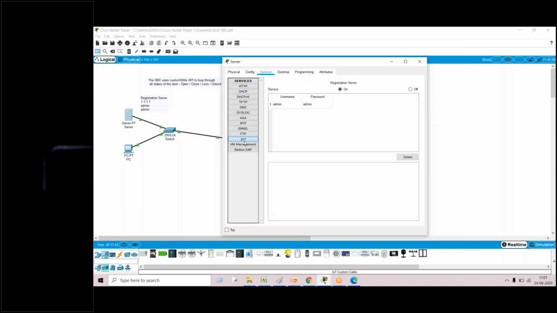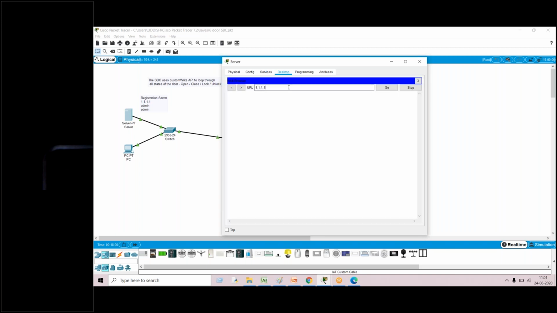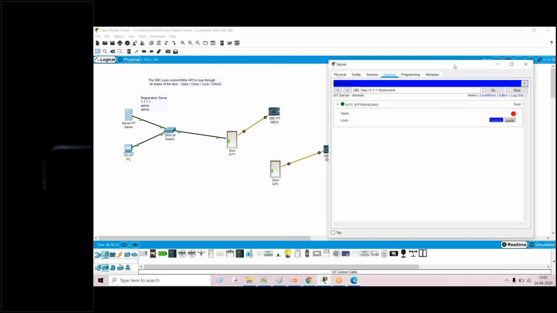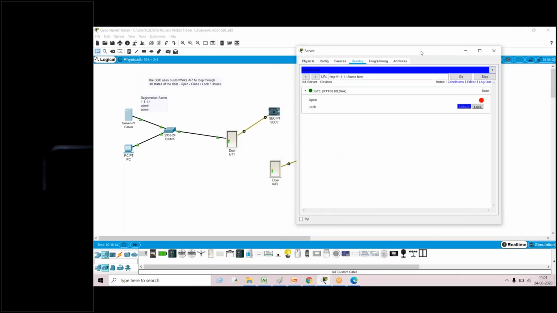I have done the Python program also, but I'm not able to see the IoT server devices on the server desktop option. Yes, this one. I'm not able to see this IoT.